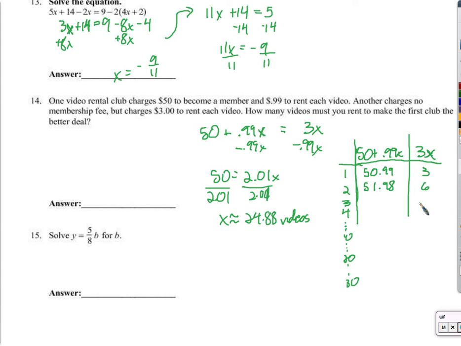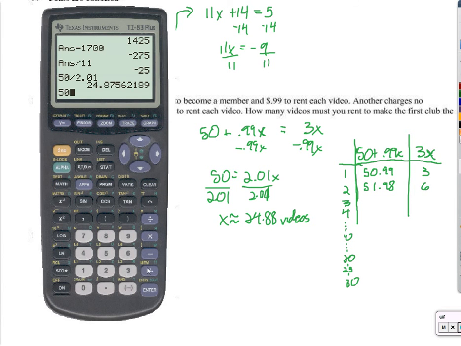But I can't rent 24.88 videos, and I don't even want to spend the same at both places. I want to spend less here than I do here. At that 25th video, this is going to be just a little bit cheaper, right? At the 25th video, let's see how much both places cost. 50 plus 25 times 0.99. This place is going to be